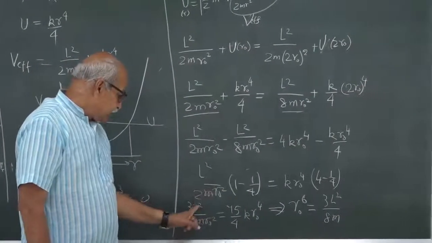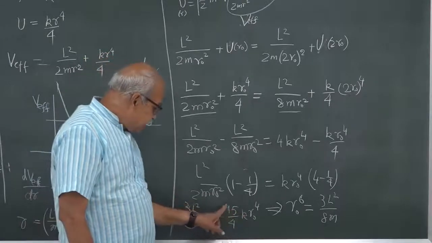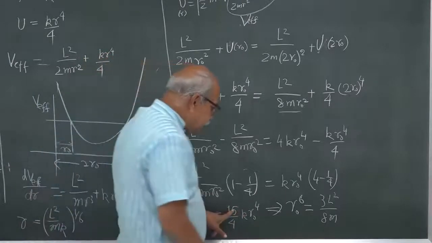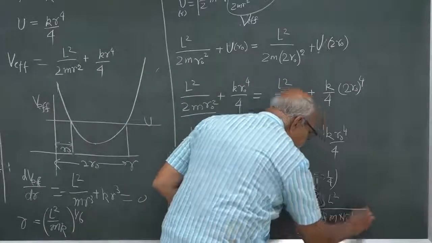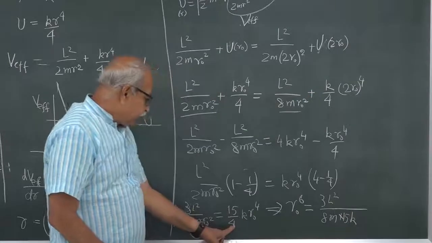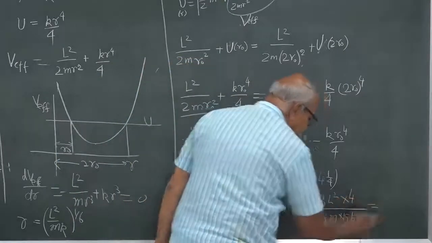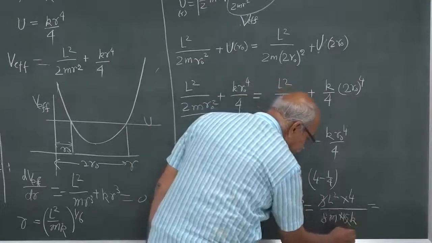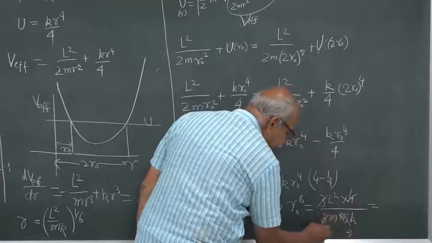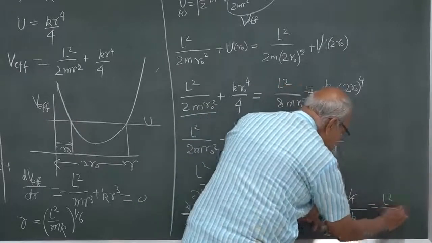So, it is 3 L square by 8 m, and from that side I have to bring this thing. So, this 15 k will come in the denominator. So, 15 k here, and this 4 will go in numerator. So, 4 will go here. So, this will be what? 3 and 15, so 5 here, 4 and 8, so 2 here. So, it is L square divided by